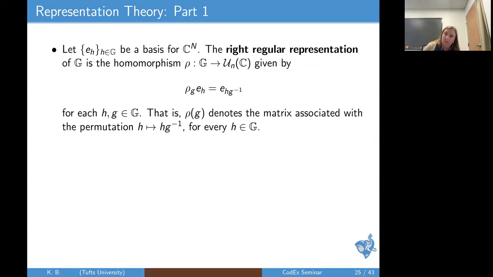So this decomposition from Frobenius and Schur allows us to decompose any unitary representation into irreducibles, but there's a